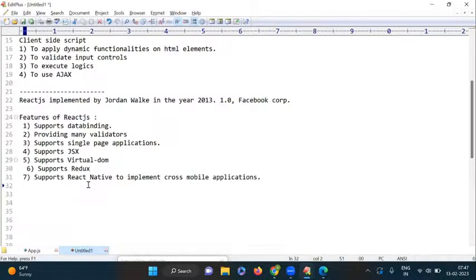This technology we use to implement cross mobile apps. Cross mobile app means a mobile application which supports any type of device. And if you know React, you can easily implement mobile apps also, not only websites. For that, you need to learn some native related concepts. React we are already learning here. If you know the native package,